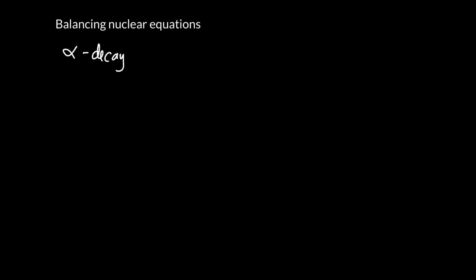Some atoms undergo maybe 90% alpha decay, maybe 8% beta, and 2% gamma. So in the problem, I'll tell you what kind of decay it is. But in alpha decay, essentially, the atom loses an alpha particle. So the atom loses 2 protons and 2 neutrons from the nucleus. So for example, if we take something like